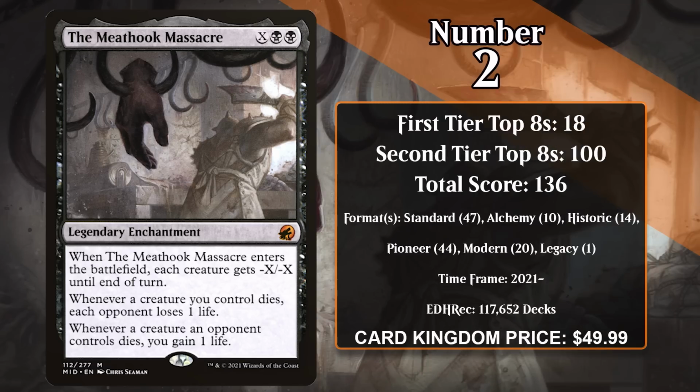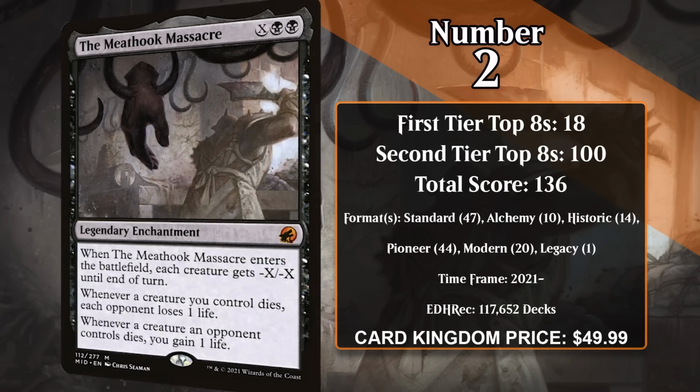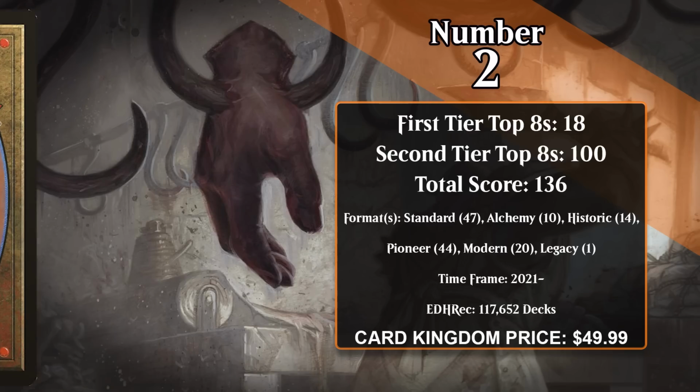It also has a single point in Legacy, but it hasn't secured a consistent home for itself in that particular format, but it's going to continue to amass tons of top 8s in both Modern and Pioneer. However, the card in front of it will probably always be number 1, and that card is